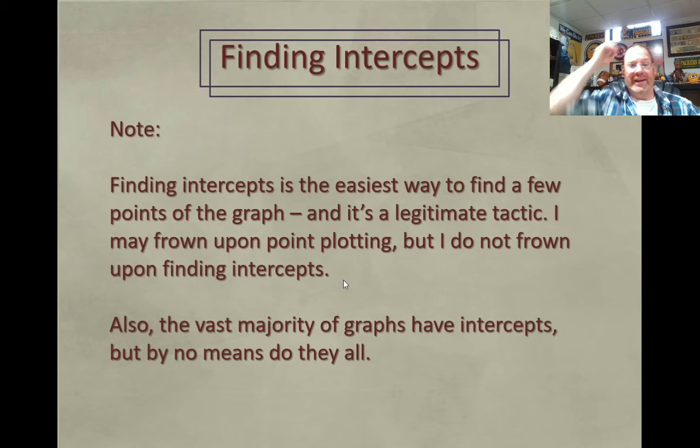All right, now finding the intercepts is an easy way to find a few points on the graph, and it's a legitimate tactic. I told you that eventually I don't want you guys to be point plotting. That's essentially what we're doing, but finding intercepts is a good way of using point plotting. Most graphs have intercepts, not all of them. For example, you could have a parabola that opens up and it's already above the x-axis. But finding the intercepts is one of the first steps that we use for our streamlined approach to figuring out the graph of